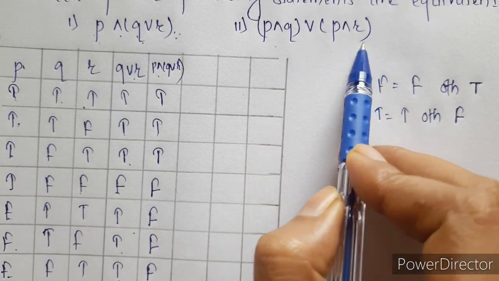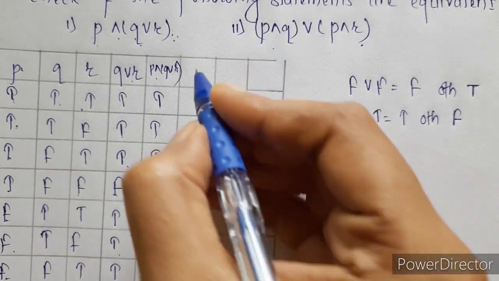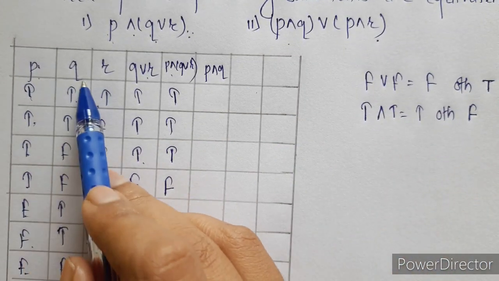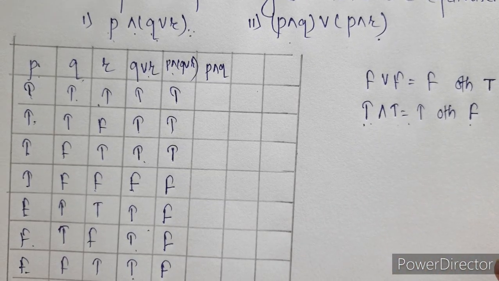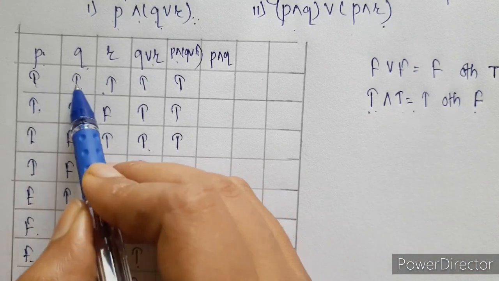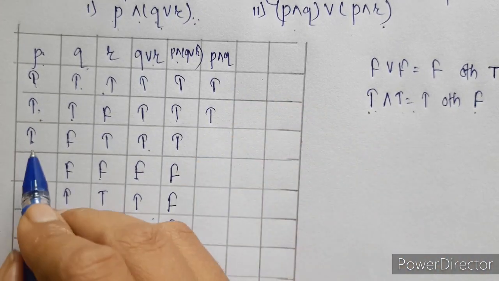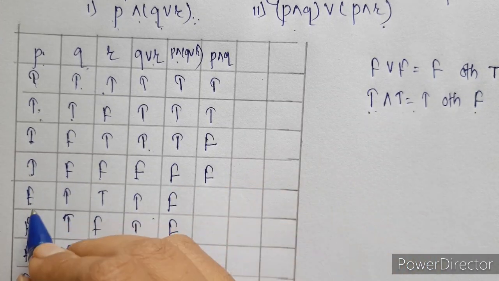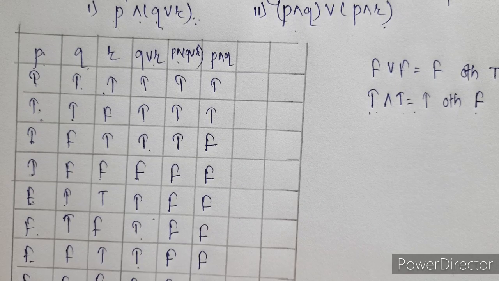Let's go for the second statement. Now in the second statement we have 2 brackets, so let's start with the first one. In the first one we have to write P and Q. So we have to compare statement P with Q using the connective AND. Again same thing, true and true is true, otherwise for all other cases it is going to be false. First we have true and true, this is true, again true and true, next we have true and false. So this is going to be false, next is also false, next is also false, then again false, both falses, false, both falses, so this is also false.